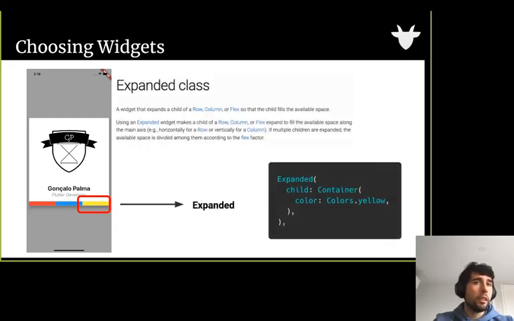This class, as the name implies, is going to expand the widget as much as it can and position that on the screen. Now, for example, imagine that you wanted to make the blue part 2 times the size of the others. Well, there's a flex property for it, and with the flex property, you can display the blue part larger than the other ones, saying that this is going to have a flex factor of 2. So display it not exactly 2 times, but larger than the other 2.